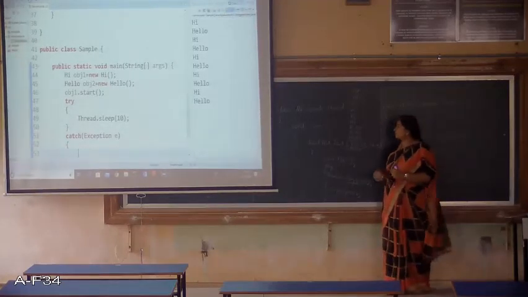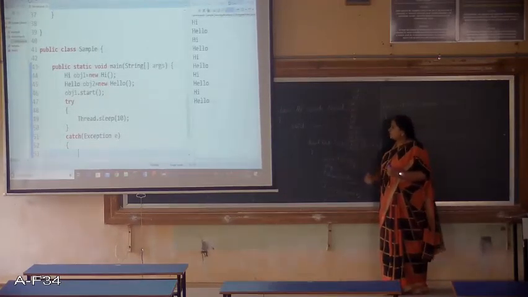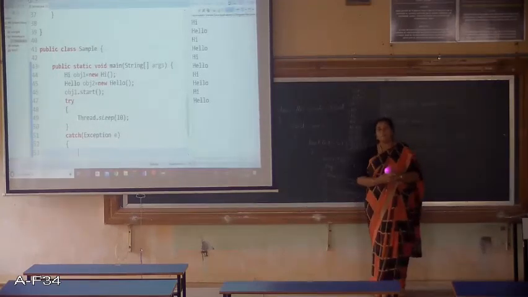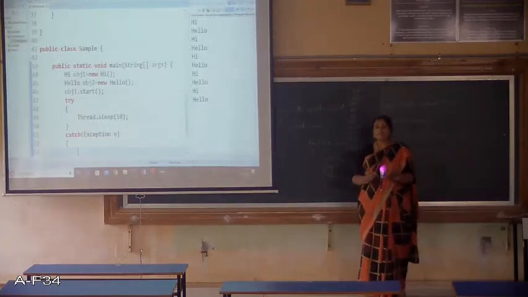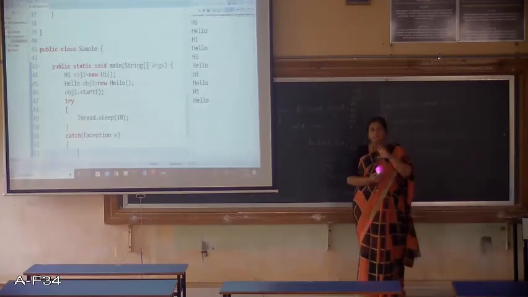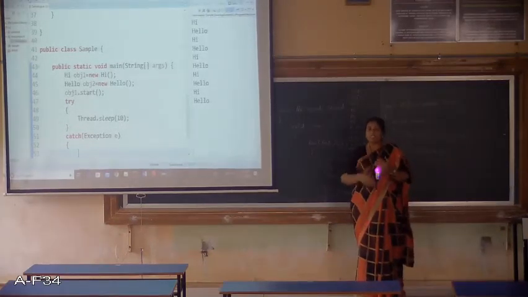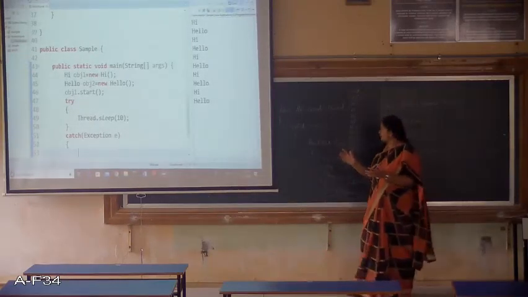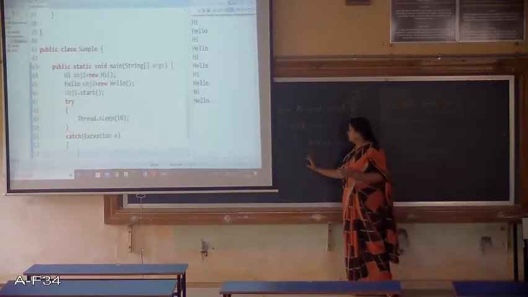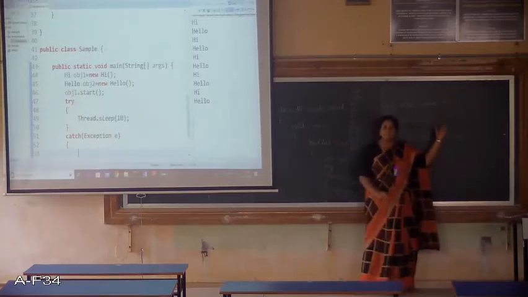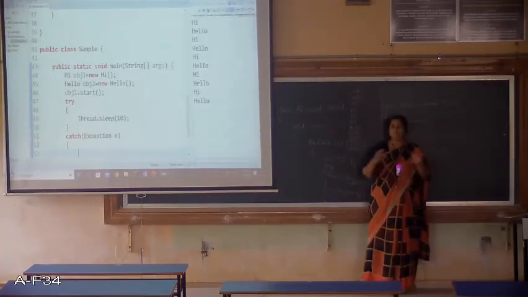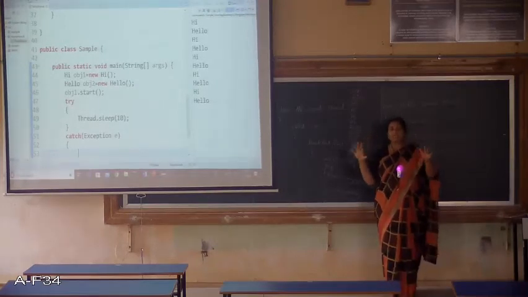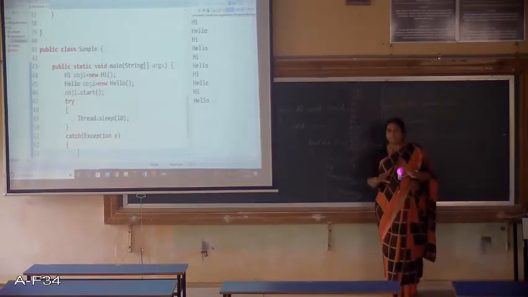So whenever we have thread classes objects, we need to have a start method call, and we know that there is a run method that gets in turn called by the start method. So we wrote the run method over here and in the other class as well. So the tasks that we want to perform have to be written inside the run methods.